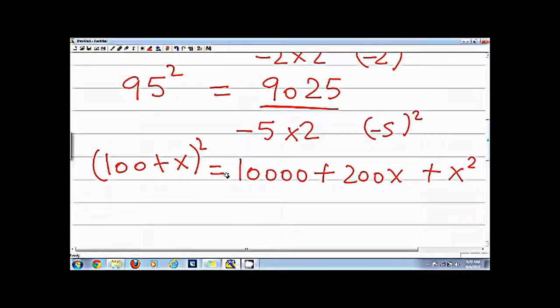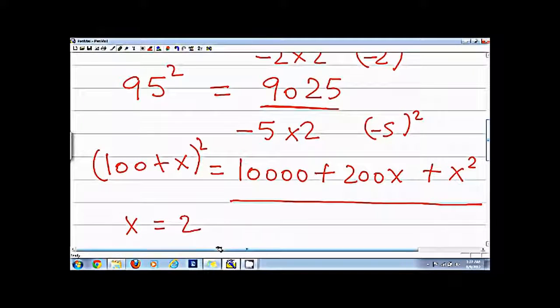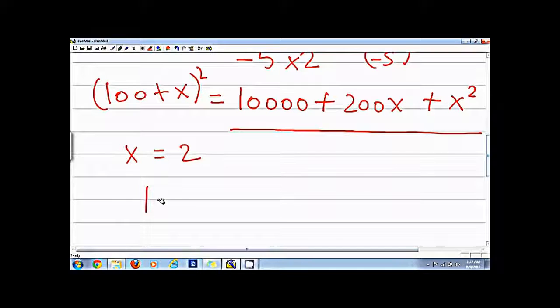So in this case, whatever I have x, I multiply that with 2 and then add it to the hundredth place. And similarly, if I have x, I square it and then add it to the first place. So if x is equal to 2, then what I'll do is say 10000 plus 400 plus 4, that is equal to